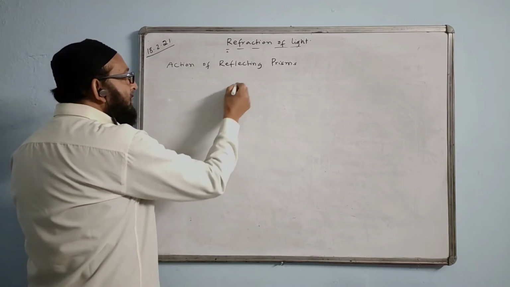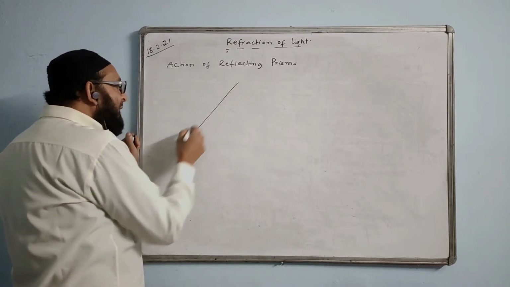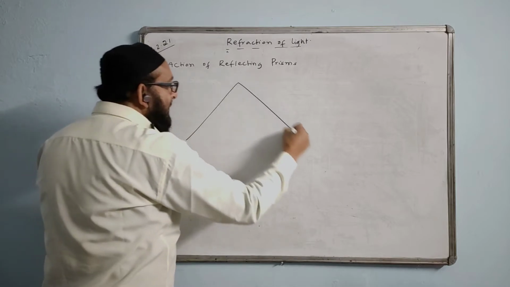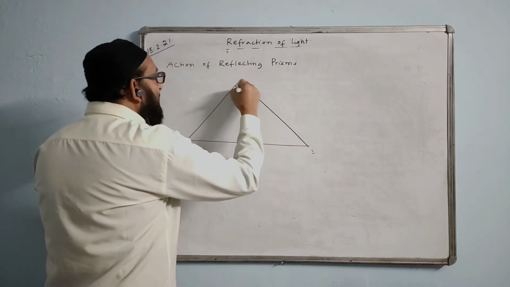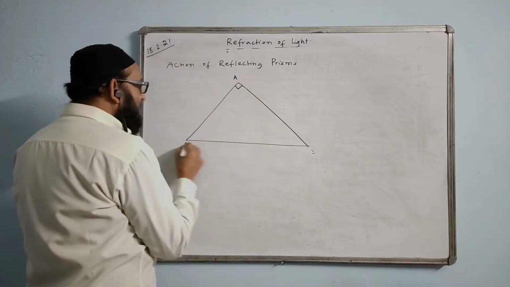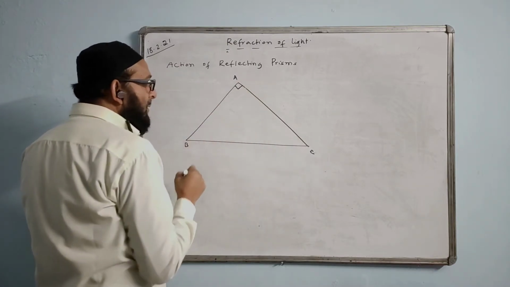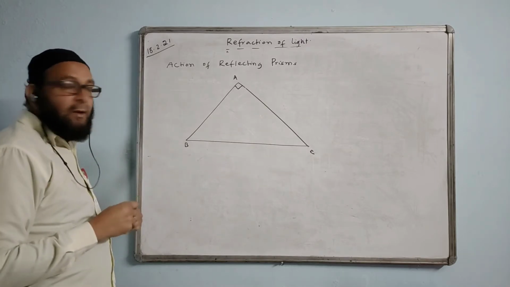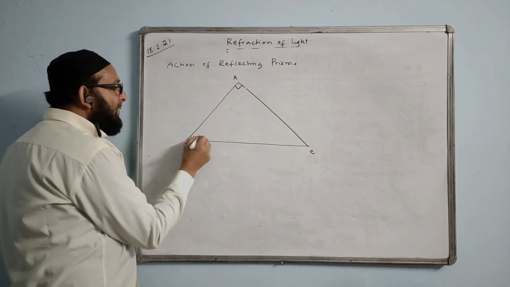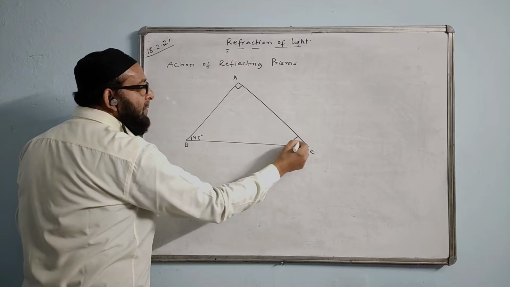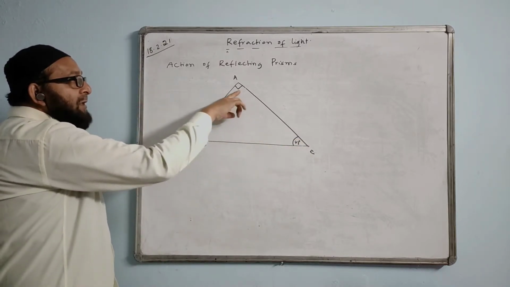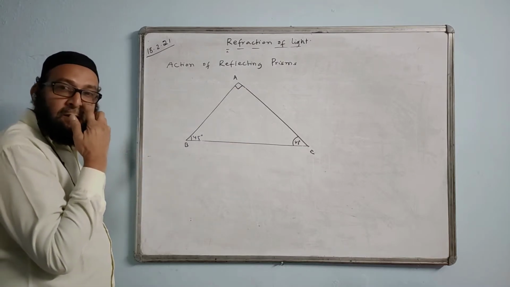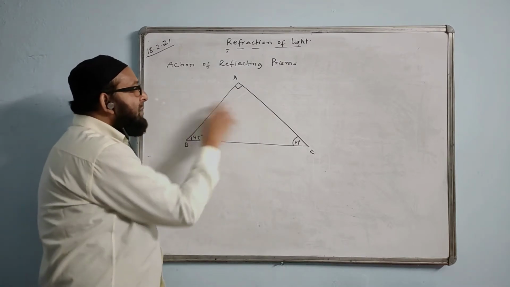Now, suppose instead of the diagram given like this, it may be given in this manner. Here they will write a 90 degree at B, C. Now this angle is 45 degree. Here also it is given 45 degree. Which one is the hypotenuse? BC is the hypotenuse because 90 degrees is opposite to that. That is, this side and this side are equal.